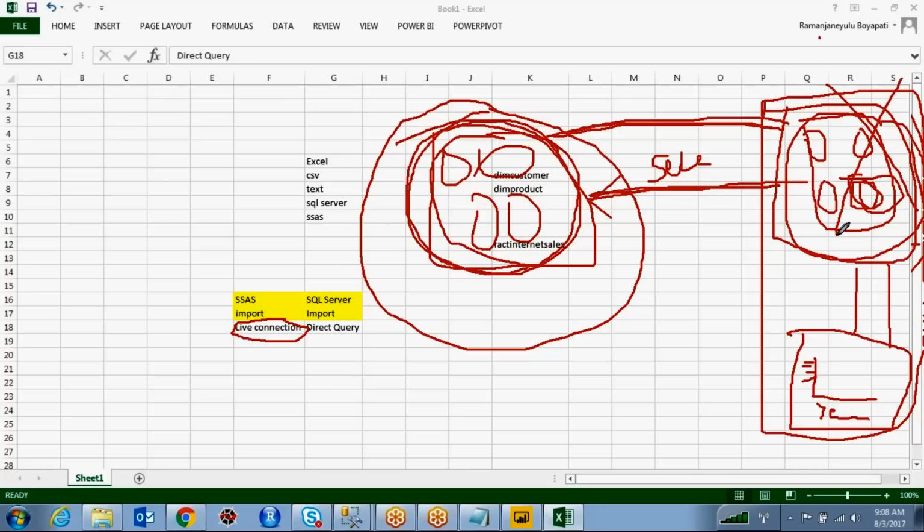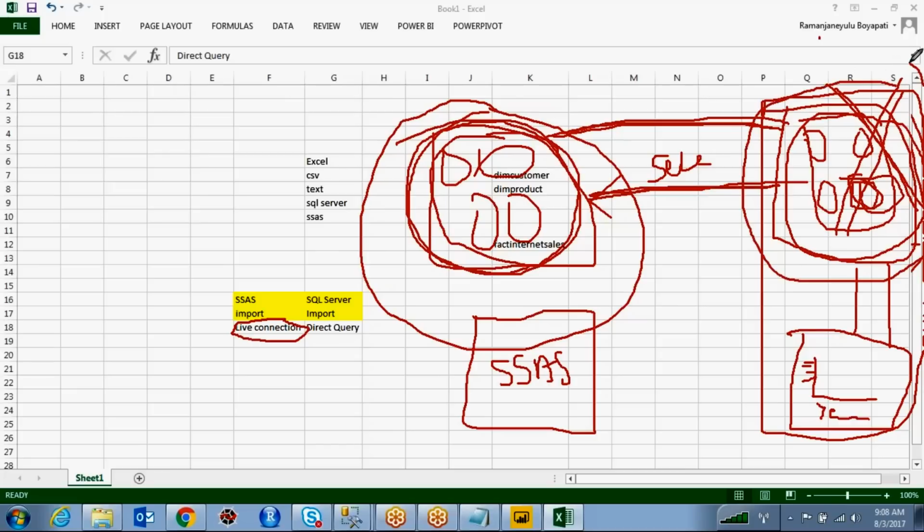Whatever model you want to build, you have to do it at the data source level, in the cube level only. You can't create any measures over here. Whatever measures or anything else you want to do, you can do the same thing in SSAS. Simply put, whatever model you are designing inside Power BI is not a new thing; it's already inside SSAS.